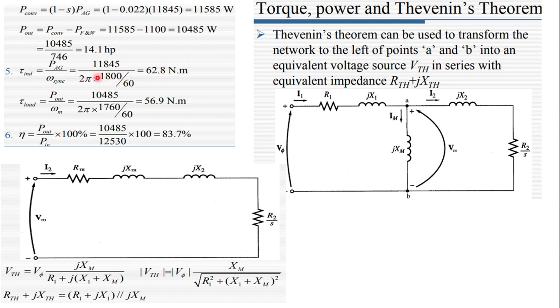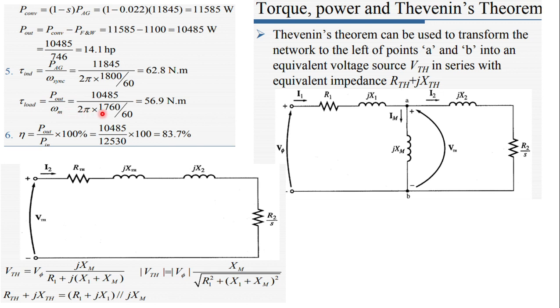So to change into rad per second, we have to multiply by 2 pi over 60. Now here is the induced torque, and the load torque, the same is true for induced torque, but the only difference is that in induced torque we have used the synchronous speed,